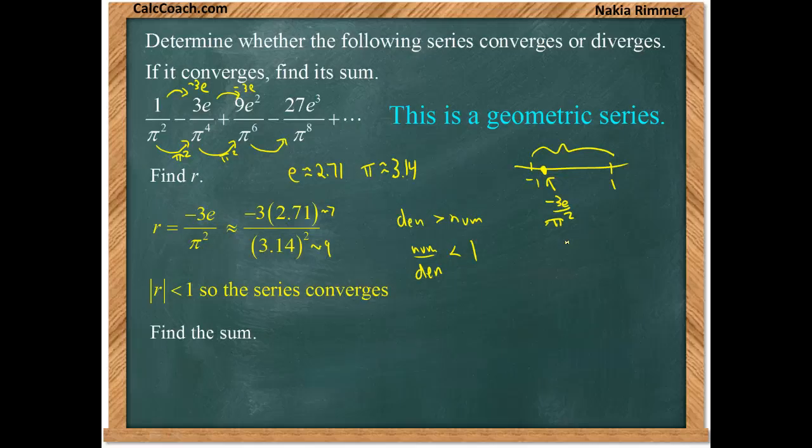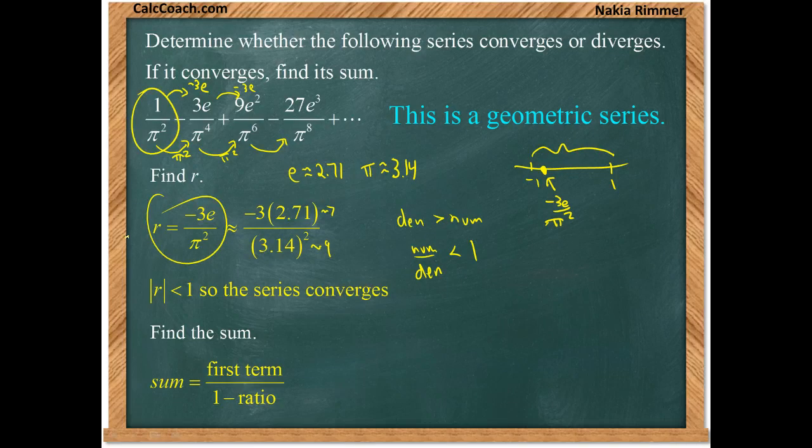Now that we know we converge, it's a matter of finding the sum. What do we converge to? It always turns out that you converge to a sum that is your first term divided by 1 minus your ratio. The first term is 1 over pi squared, and the ratio is negative 3e over pi squared. So if we plug into the formula, we get 1 over pi squared divided by 1 minus that ratio. This double minus becomes a plus,